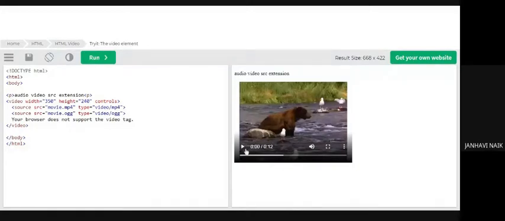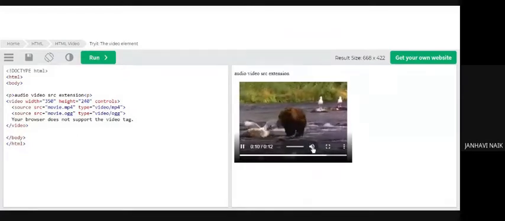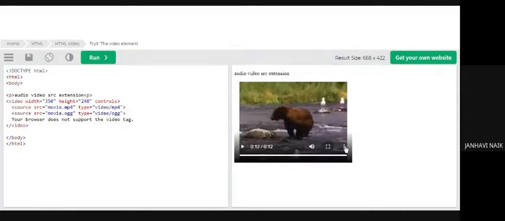Now if I click on play over here, the video is playing, right? If I want to increase or decrease the volume, if I want to mute, I can say mute. If I want to give volume, I can give volume. I can say full screen, and all of the controls can be taken care of. Why can I use the controls? Because I have mentioned the word controls. If I do not mention it, then I can't control the video which I am displaying. Okay, understood?